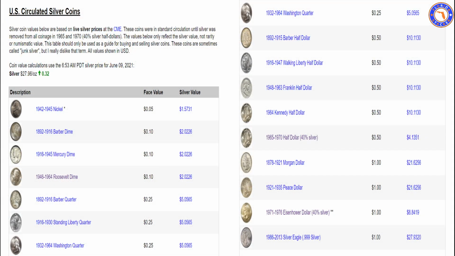So as of today, June 9th, with silver spot currently at $27.96, the melt value of each of the Roosevelt dimes, and same with the Mercury dime, is $2.02. So with the face value of 10 cents, the coin is actually worth 20 times its face value. Now, each 90% Washington quarter has a melt value of $5.06, and each 90% silver half dollar, whether it be